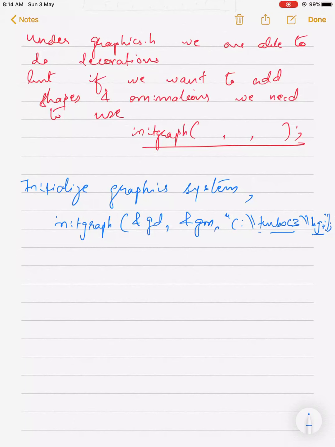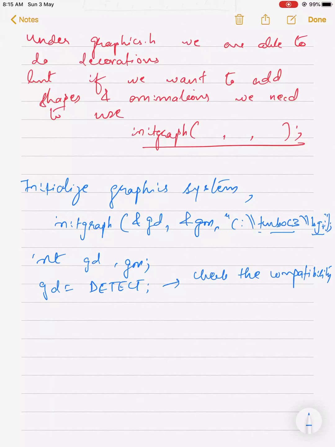So this is my initial graphic system I need to initialize, and the integer data types are GD and GM. GD is always initialized to the value DETECT, so as to check the compatibility of the monitor. To check the compatibility of the monitor we require DETECT.